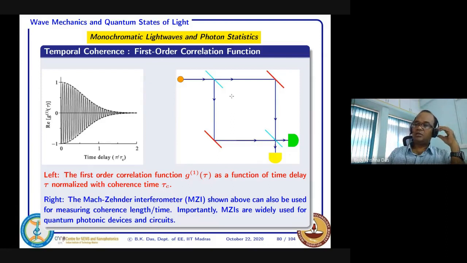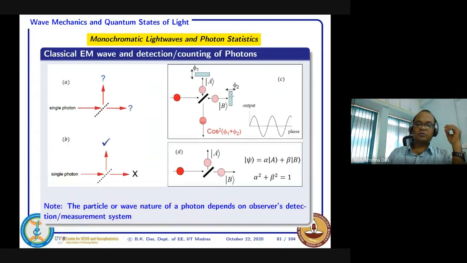So in that light, we ask ourselves a good question here: a single photon comes and you have a beam splitter. Let us forget about the polarization, whether it is perpendicular polarization or plane polarization or whatever. You just forget it for the moment. You can consider a beam splitter and a single photon is coming, whatever polarization it has. Now, obviously, we cannot say which path it is going.